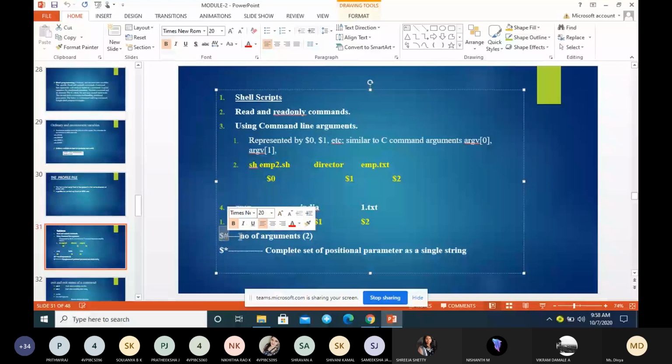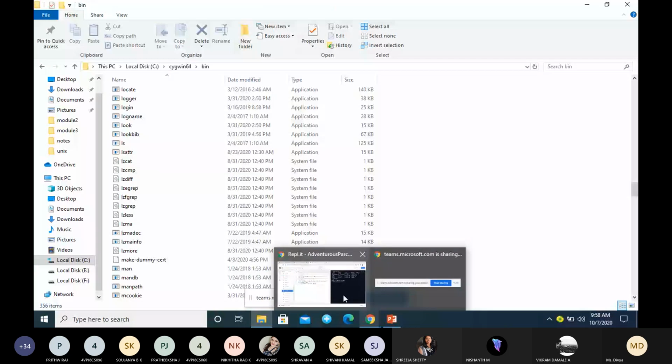For example, how many arguments do we have here? How many arguments are there in this grep India 1.txt example?